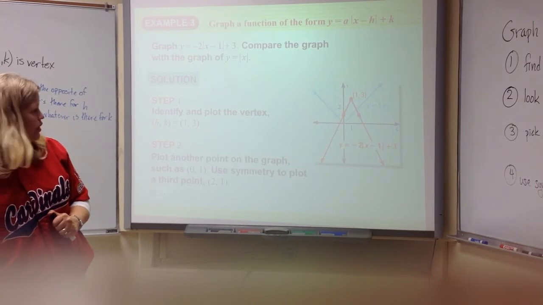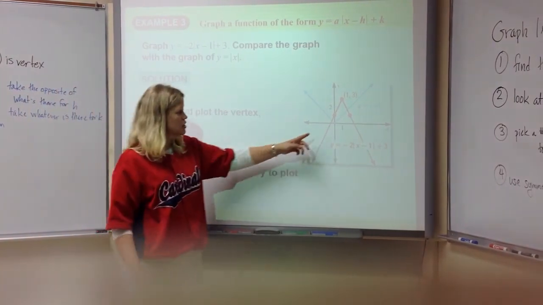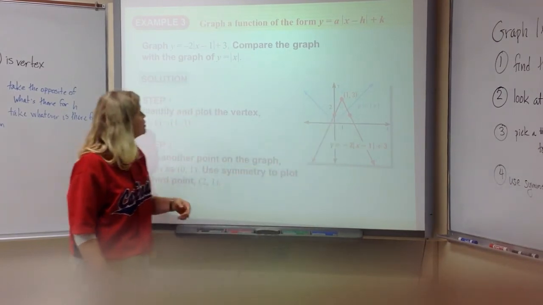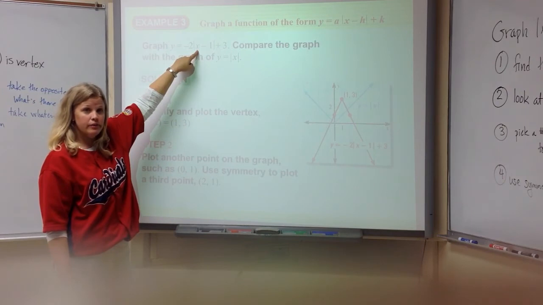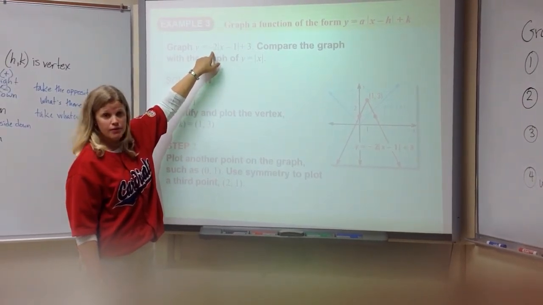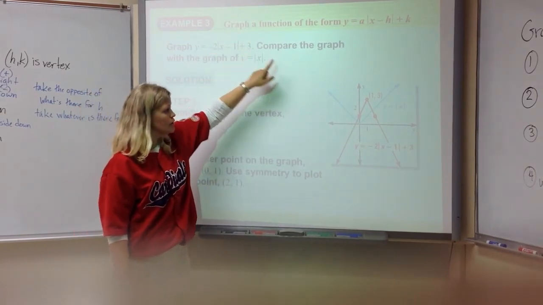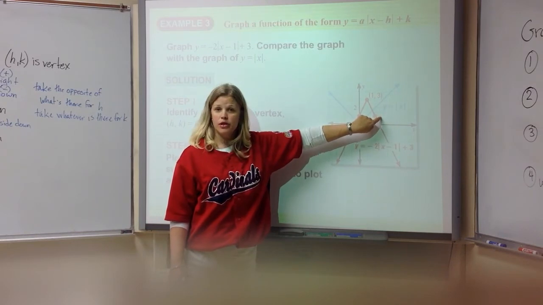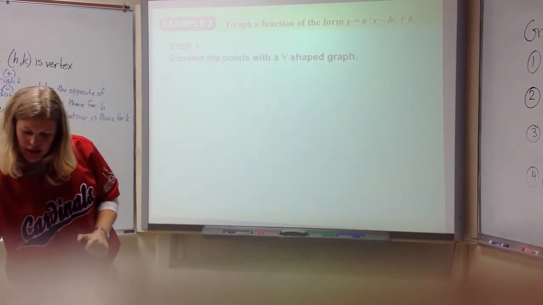Oh, and here they go through it. Okay? Now, they actually graphed it, so they just put in a point like 0. 0 is easy. Put 0 in, 0 minus 1 is -1. What's the absolute value of -1? Oh yes, it's 1. 1 times -2 is -2. -2 plus 3 is 1. And then they use symmetry to get the other point, just like we did before. Okay, let's look at